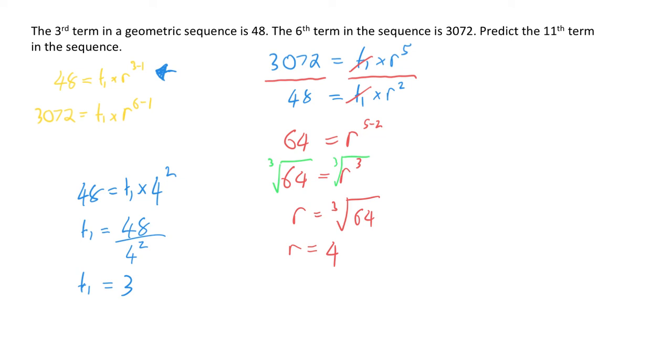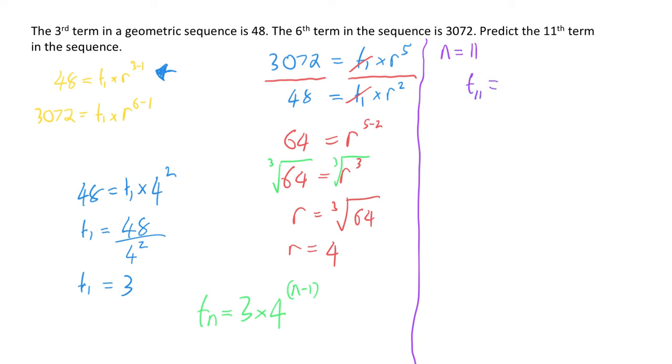From there, I can write the rule. The rule is going to be Tn is equal to my first term, 3, times my ratio of 4 to the power of n minus 1. So Tn is equal to 3 times 4 to the power of n minus 1. Now that I've got this rule, I can go ahead and find my 11th term. My 11th term is when n is equal to 11, so I can substitute that in. So T11 is equal to 3 times 4 to the power of 11 minus 1, or 3 times 4 to the power of 10, and that equals